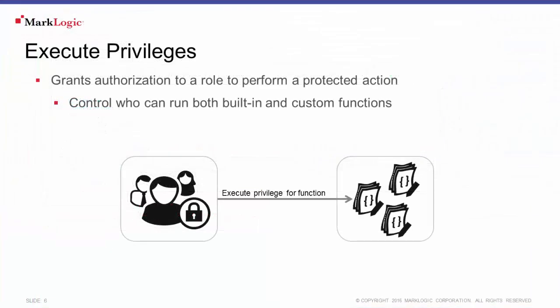Next, let's talk about execute privileges. Now, if you remember, back in episode 3, we had talked about execute permissions. Keep in mind that permissions are document metadata, meaning they are set on documents and apply at the document level. Execute privileges are enforced at the function level. They enable you to control who has the ability to execute certain JavaScript or XQuery functions, enabling granular control over